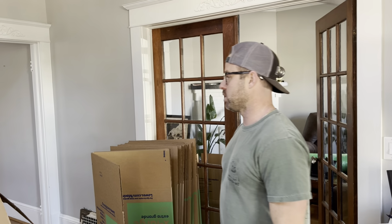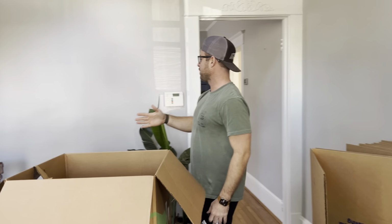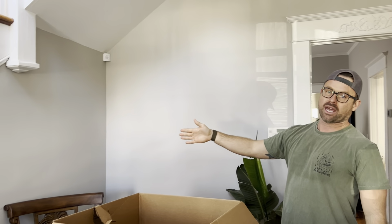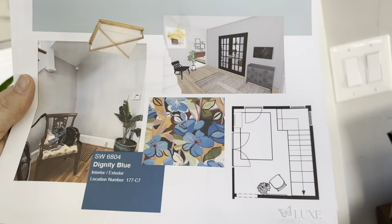Another thing that's going to be changing is the area right here. We're actually going to maximize this space by bringing this wall out, and we're going to put an oven on the other side in the new kitchen. So I'll go over that in just a second. So this is kind of the idea for the new foyer. So you can get a surface light. It's going to have the French doors. Can I get an idea there? And then